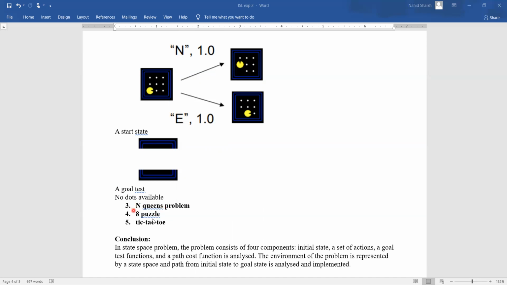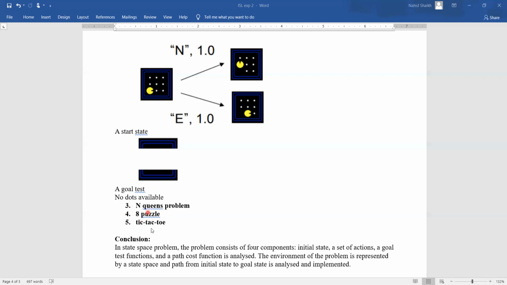In the same way, you have to write it for the 8 puzzle. You can consider any combination of 1 2 3 4 5 6 7 8, in any arrangement in which you want to arrange the 8 puzzle. That is your goal. But here you cannot define the goal test, you need to define the goal state, so that the person who is referring to the document can understand. And in the same way, you have to define it for the tic tac toe problem.